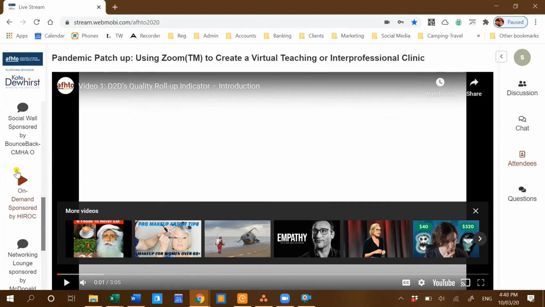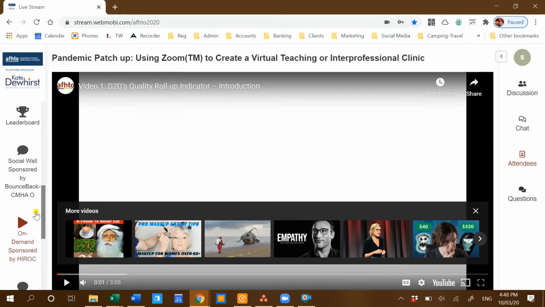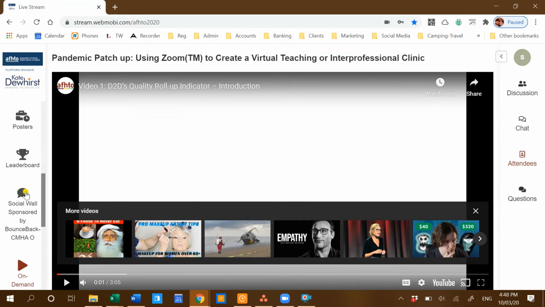So a few things that you will also find on the navigation menu. We've got networking lounges, which are group video chats that you can join at any time. You can visit the social wall, which is sponsored by CMHA Ontario and Bounce Back. And you'll be able to see the Twitter feed and what people are saying about the event, get some buzz going. You are going to have a help desk where you can click into a live chat, either with an